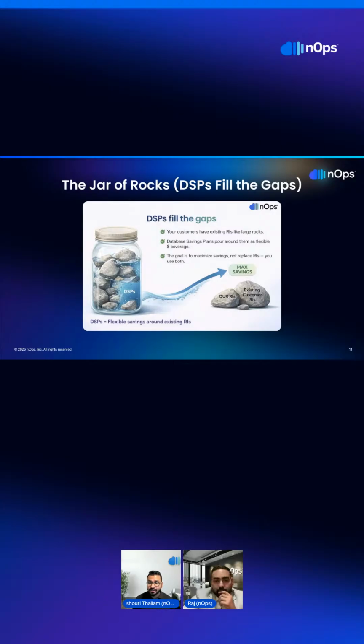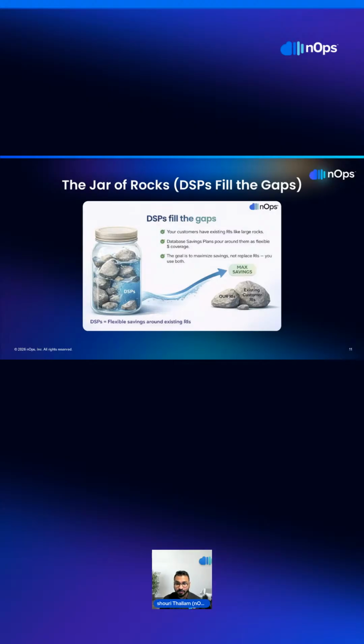We still have on-demand usage that's going up. Because database savings plans can cover almost nine services, it's like a liquid form. I can fit it in different services in different ways in different hours. So I can fill all the gaps between the rocks and fill the whole jar in a liquid form with the database savings plans. As you can see in the visual, it clearly explains we are covering everything. Not just with RIs, you can't cover everything, and not just with database savings plans, it's not going to give you the maximum usage. So combining them will give you the maximum volume with less risk, with maximum savings. So that's what we're looking for, and this is how the commitment strategy should look.